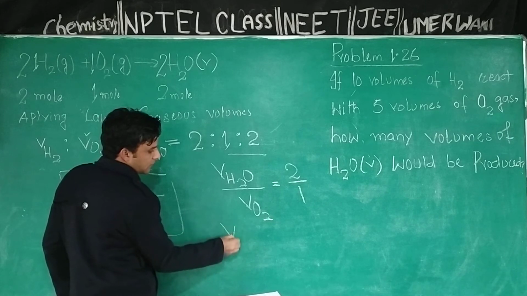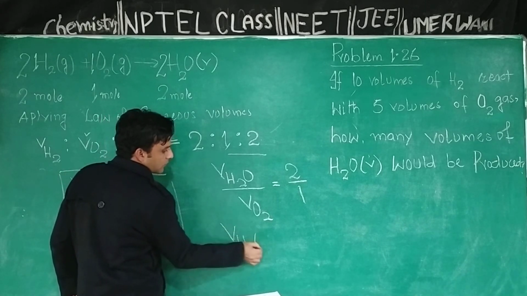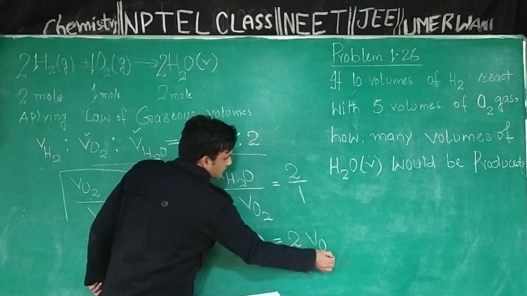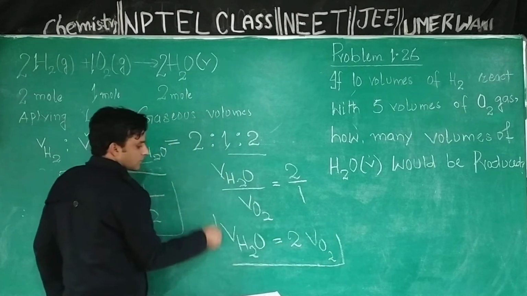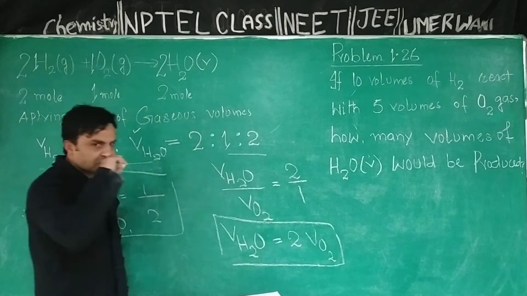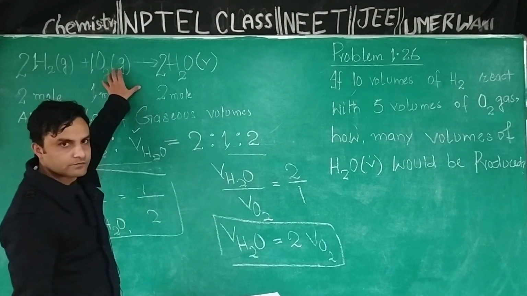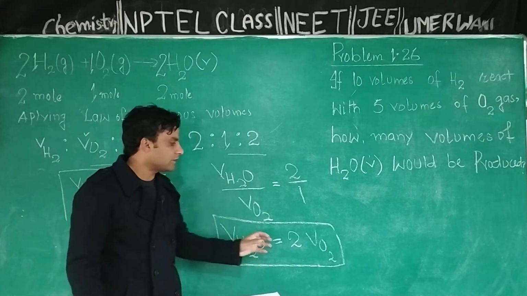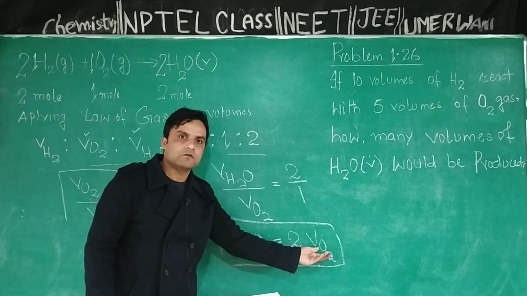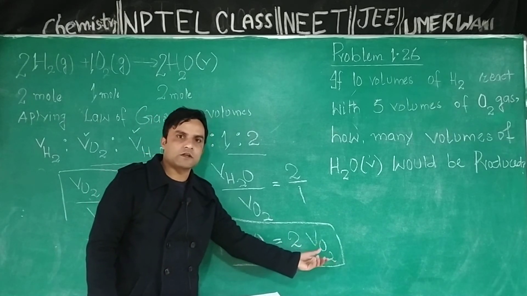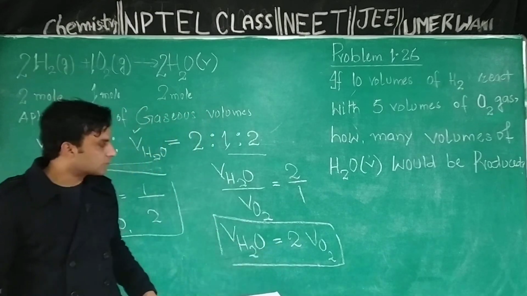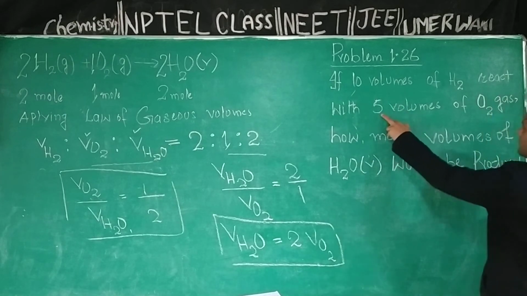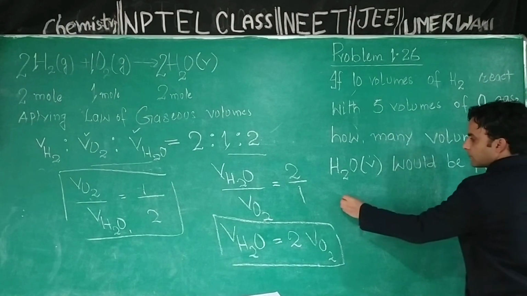Now volume of water will be equal to 2 times the volume of oxygen. For this reaction, the volume of water formed will always be twice the volume of oxygen taken to start the reaction. Now the volume of oxygen taken to start this reaction is given: we start with 5 volumes of oxygen. Therefore,